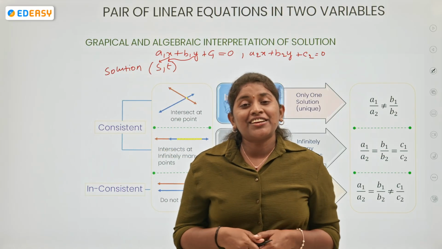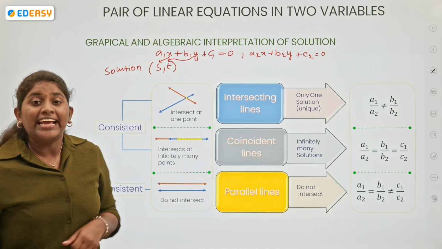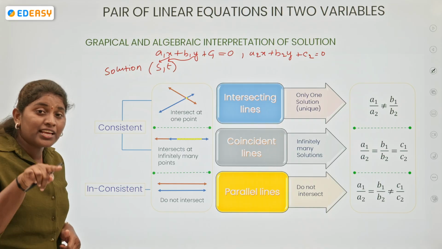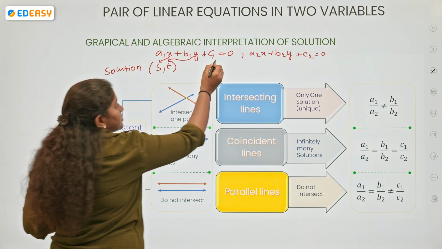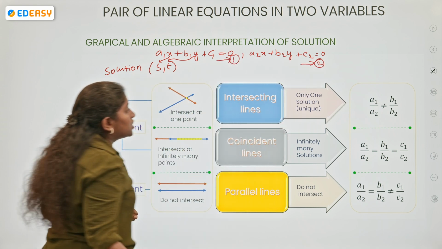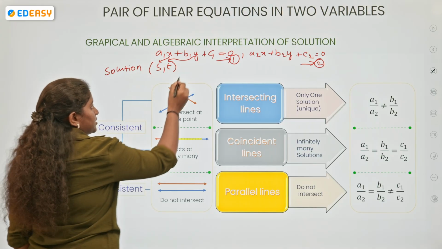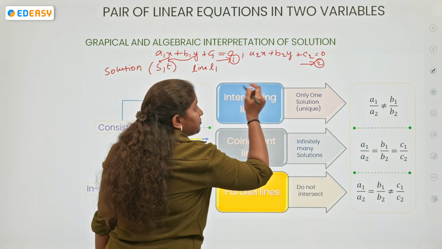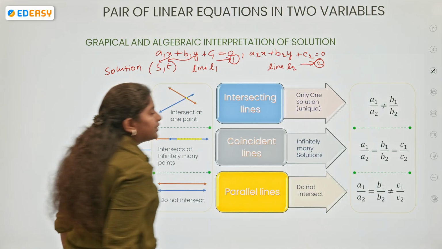So, the graph of a linear equation is nothing but a straight line, which we have already discussed in polynomials, right? In the same way, if I take a pair of linear equations, this is my equation 1 and this is my equation 2. The graph of equation 1 is also a straight line, L1, and the graph of equation 2 is also a line, L2, right?